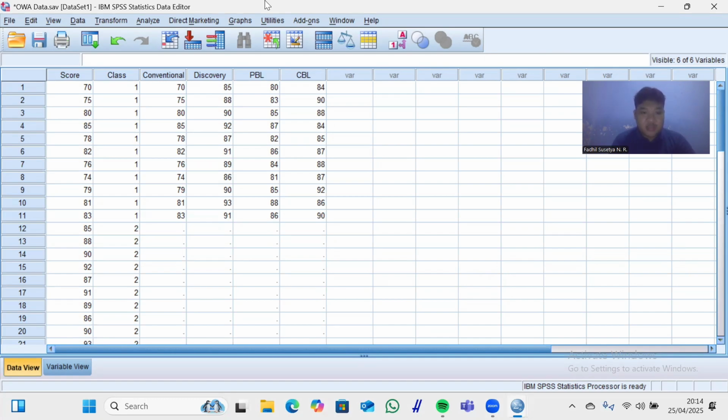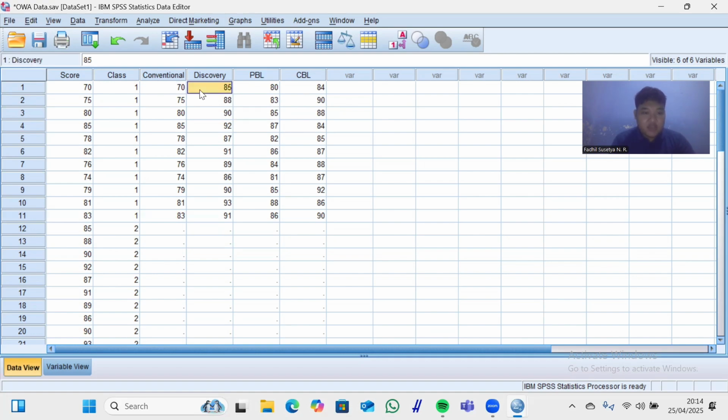From the question, we know that the data are students' scores from different learning models: conventional, discovery, probability learning, and challenge-based learning. After that, we can copy and paste the data in here.